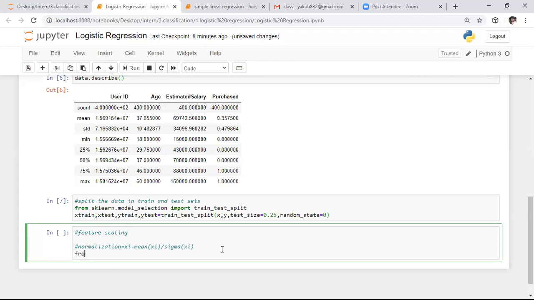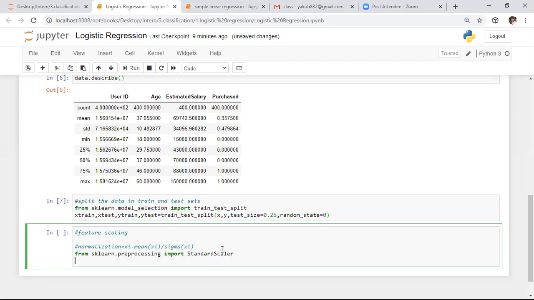In the preprocessing module of sklearn, we have this feature scaling attribute. So I'm saying sklearn dot preprocessing, and to perform this action we need to import StandardScaler.